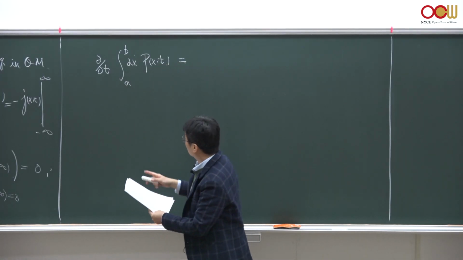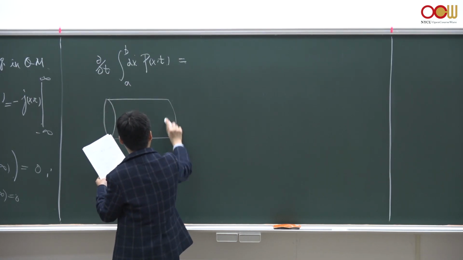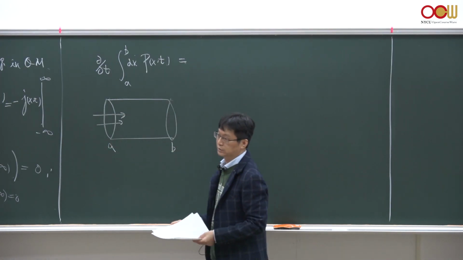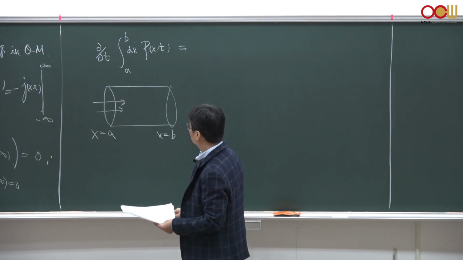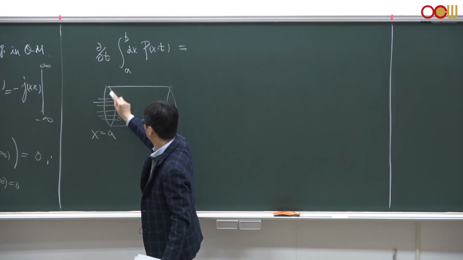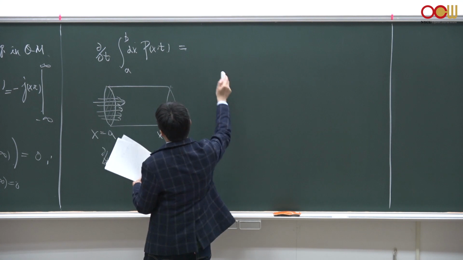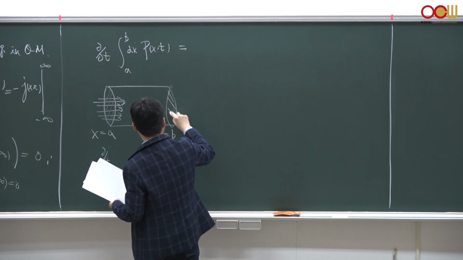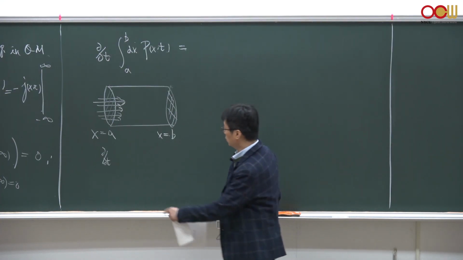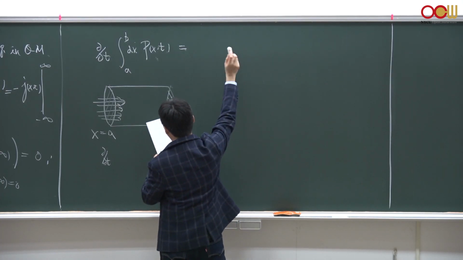Suppose you evaluate the time derivative of your particle flow between, say, x equals A and x equals B, and you just count how many particles are flowing through this interface at x equals A and x equals B over time. So you integrate over the position between A and B of this probability density. And what you will get is this,